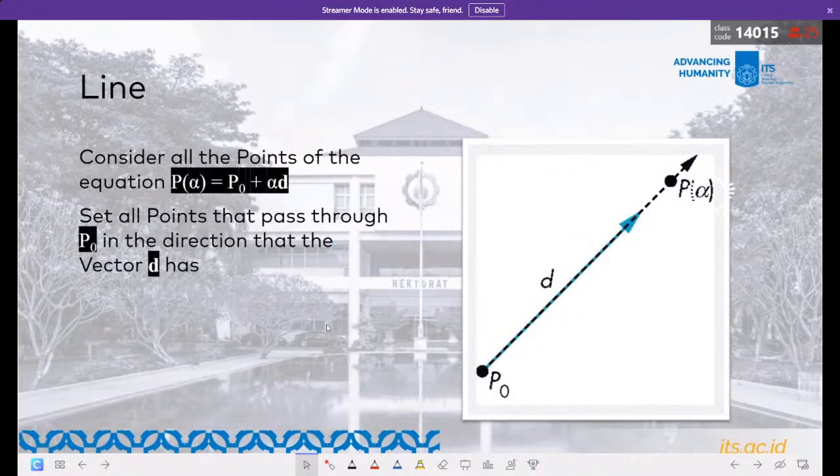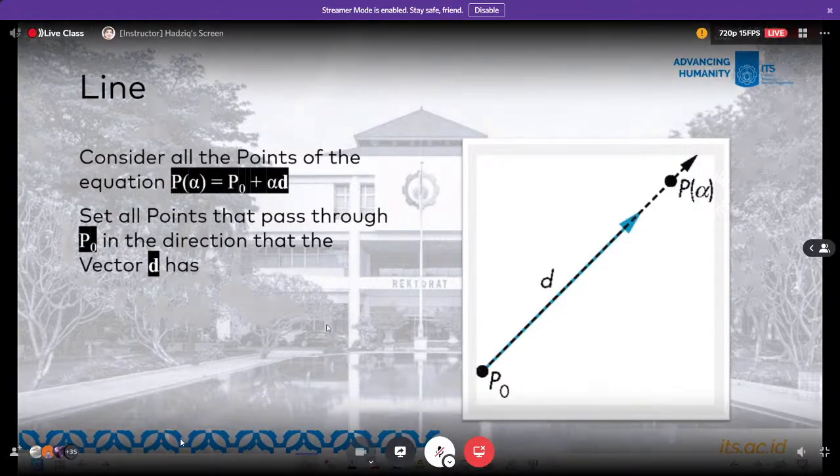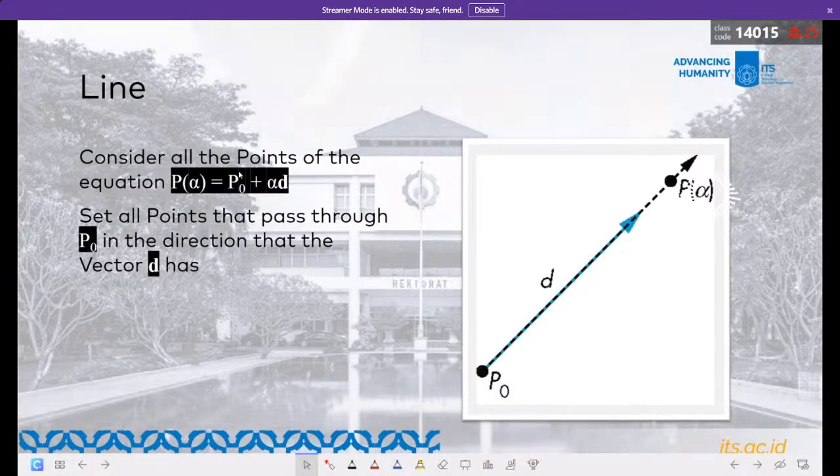Now, let's have the next step. After learning about the points, now let's go with the line. What is the definition of line? Consider all the points of equation P, the function P with the parameter of alpha equal to P0 or PO